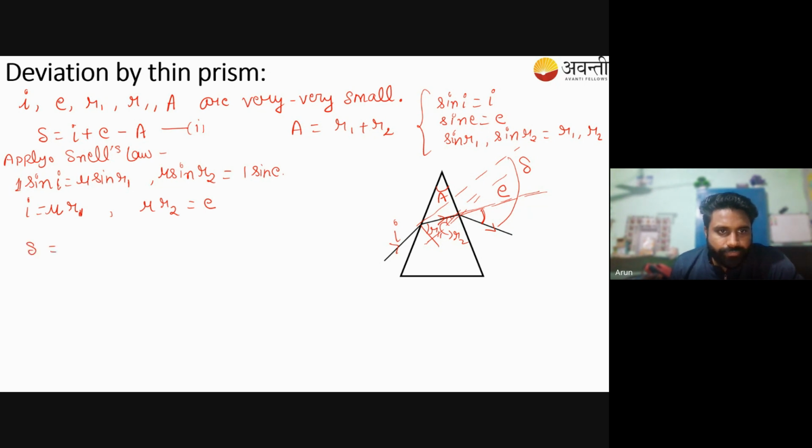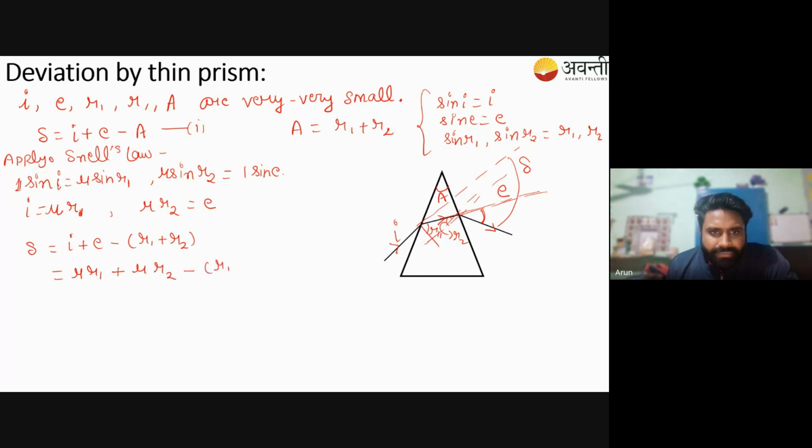Delta equals i plus e minus (r1 plus r2). What is i? Or you can just keep it as A. I will do it for you, for better understanding. So i is nothing but mu r1, plus e is nothing but mu r2,